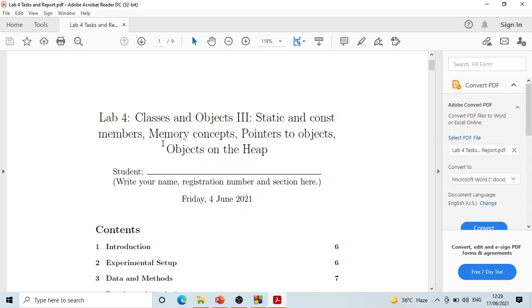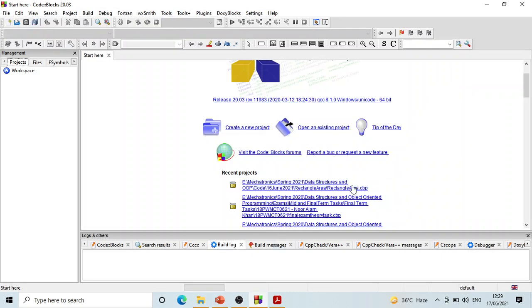Now some variables have automatic storage class. They are automatically created and automatically destroyed. What do we mean by automatically created and automatically destroyed? For example, if you have a local variable inside a function, whenever you enter that function, whenever you call that function, if you look at our code from yesterday,